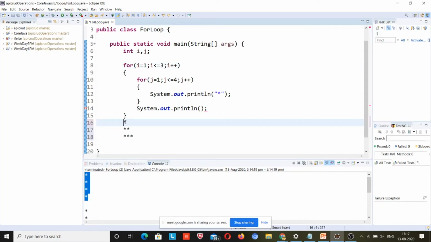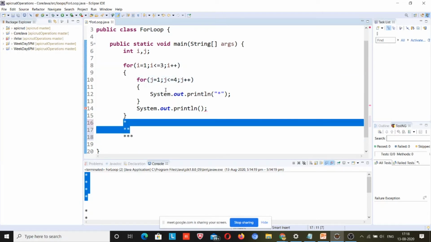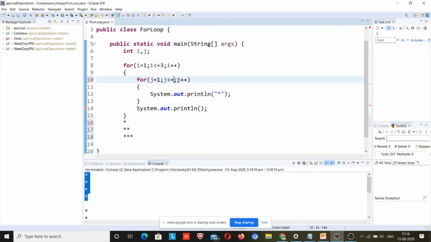Second time the i value was 2, then it printed 2 stars. Third time the i value was 3, that's why it printed 3 stars. So how can this j run as many times as i? Just make it i.